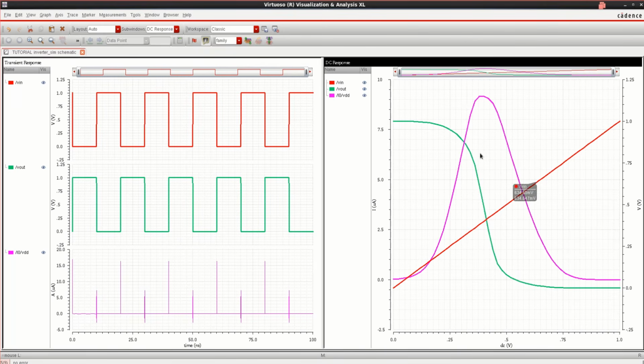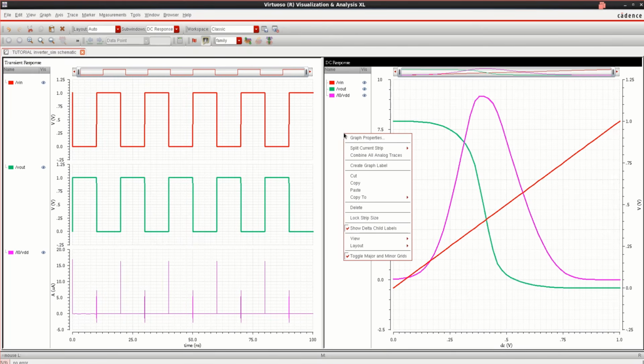And if you want to delete this, you can directly delete it. And you see that for linear increasing input, your output is falling down towards 0. So this is the maximum current switching that is drawn from the VDD supply. If you want to measure any values from the transient analysis, let me delete this curve.